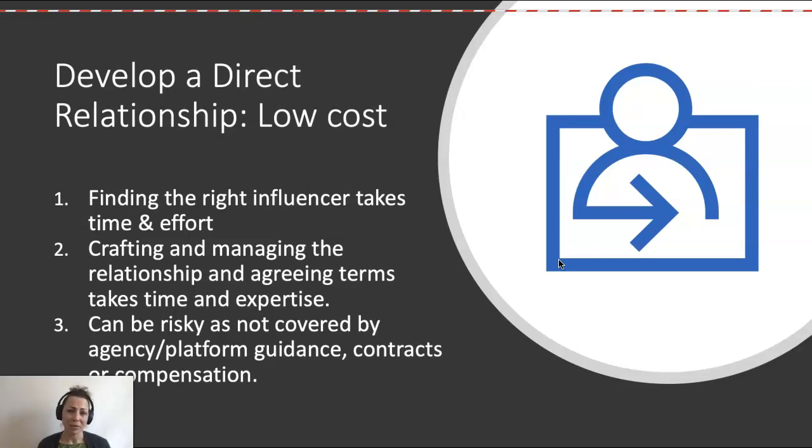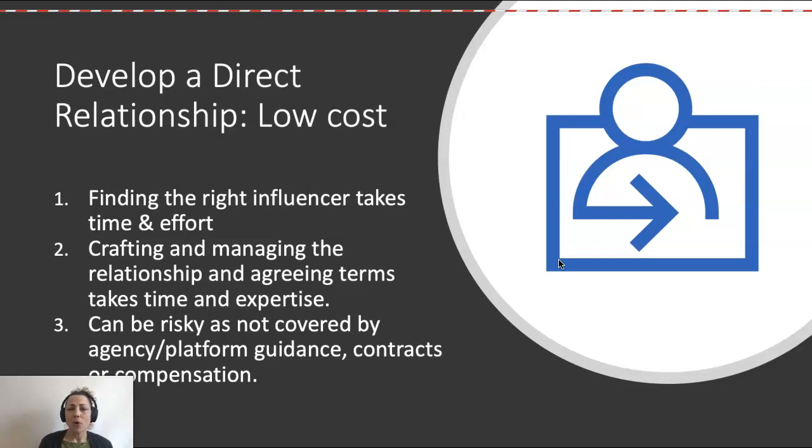Once you've found an influencer that you would like to work with, you need to reach out to them, and you'd need to be able to talk about what you're going to offer in return. So in return for their posts, whether that's blog posts or social media posts or YouTube videos, how are you paying them? Are you paying them per post, or are you paying them based on results? And how do you know if it's a fair fee that they're charging?